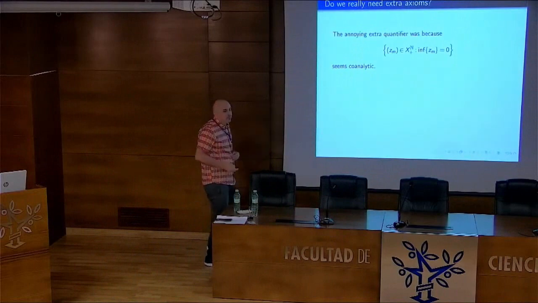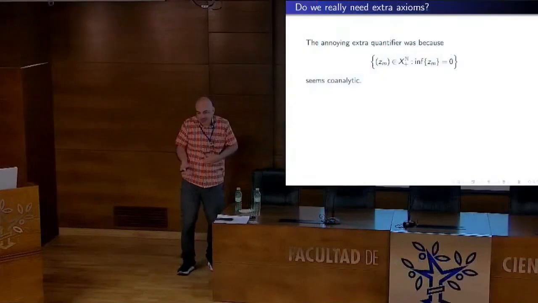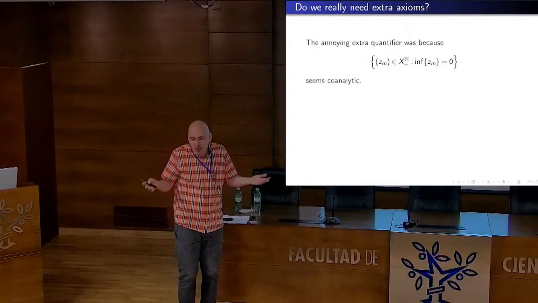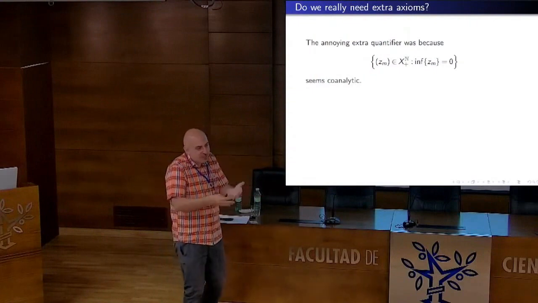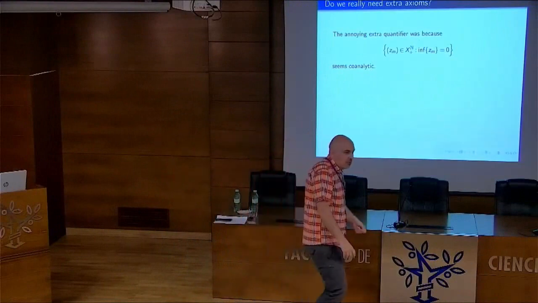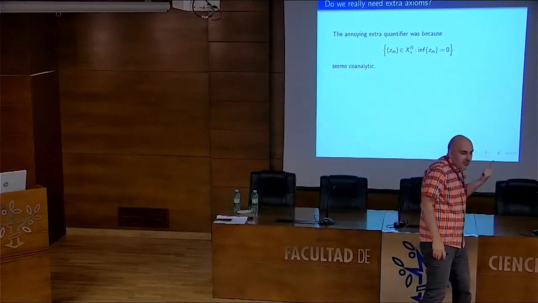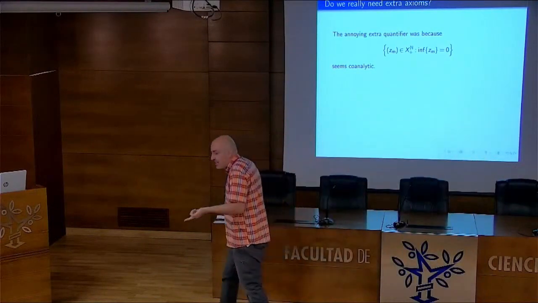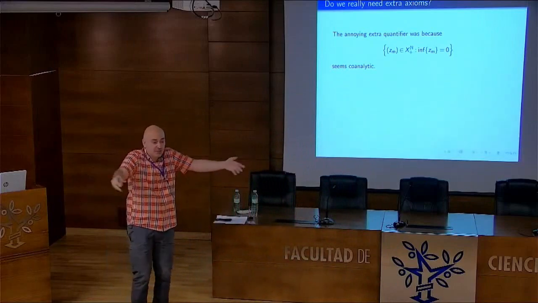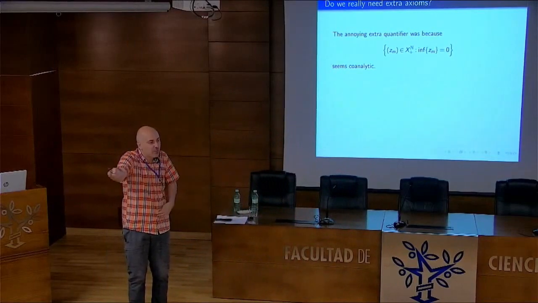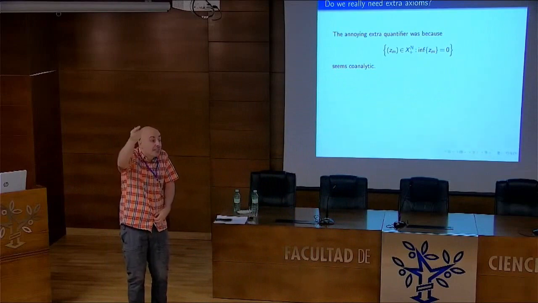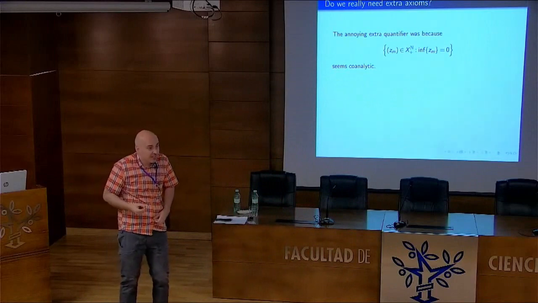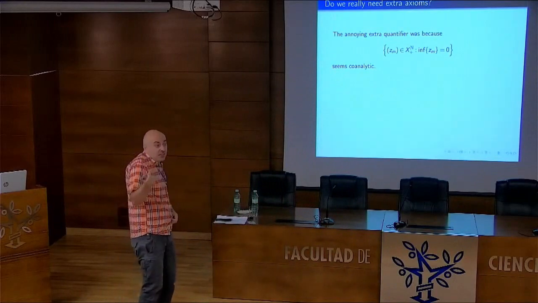But we all know that people are not equally happy with results that need more than ZFC, where you have to assume something. So do we really need to assume determinacy for these results? The easy part of descriptive set theory is, okay, I just have a definition, I see how it looks, and I count quantifiers, I say, okay, this is pi 1, 2. But this doesn't mean that it cannot be something simpler. Perhaps there is another equivalent way of defining the thing, which makes it analytic instead of co-analytic.